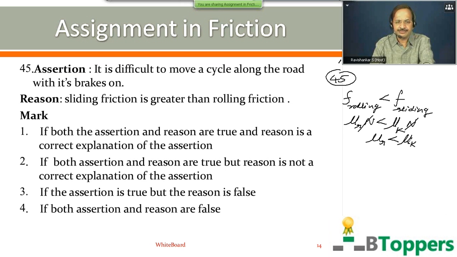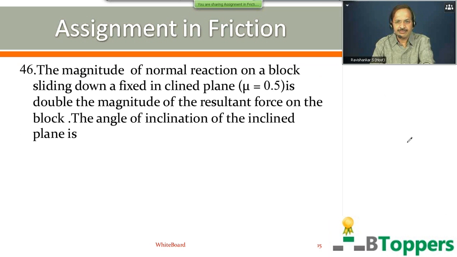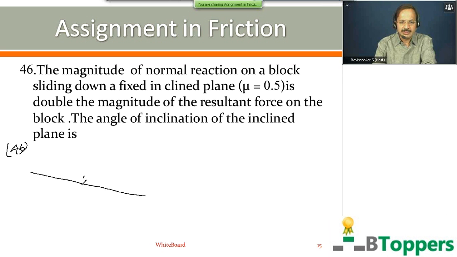Come on, next look at question number 46. The magnitude of the normal reaction on a block sliding down a fixed inclined plane, mu equal to 0.5, is double the magnitude of the resultant force on the block. The angle of inclination of the inclined plane is. So when the block is sliding down the rough inclined plane,